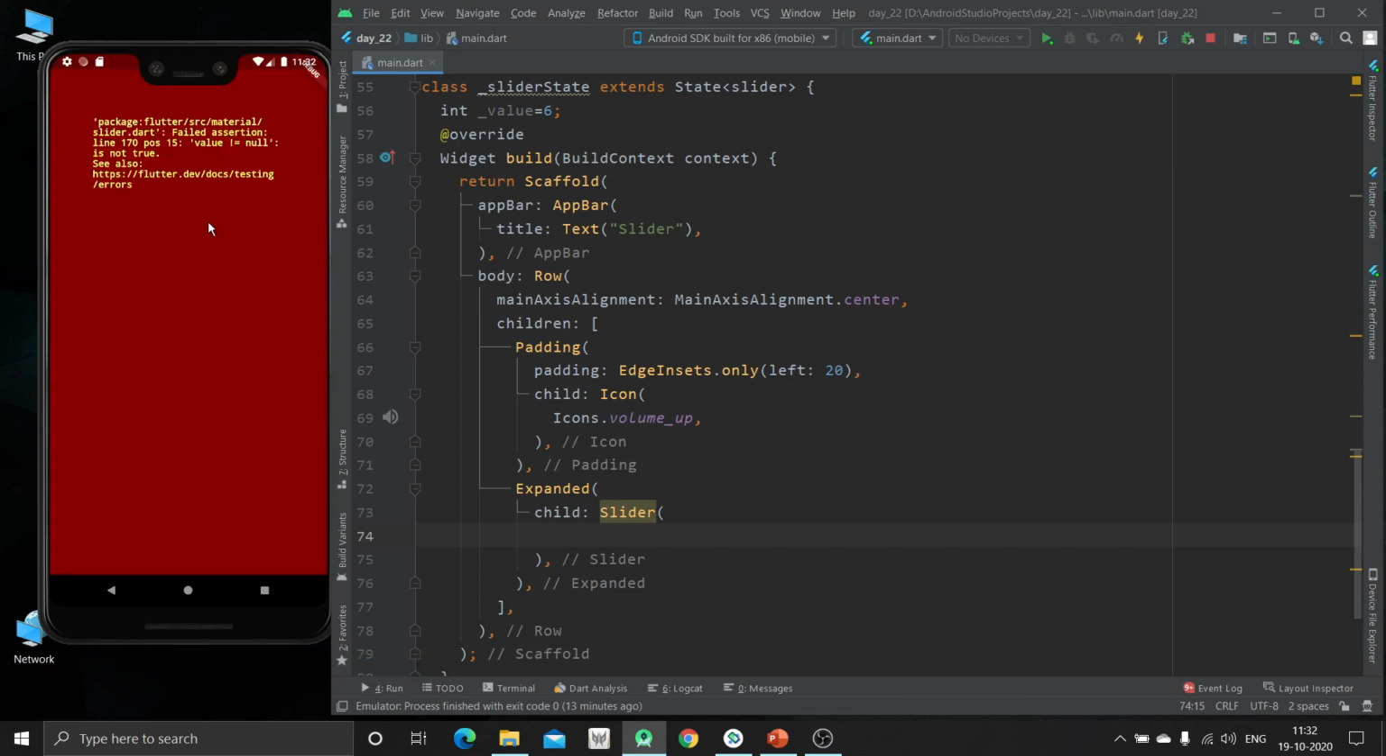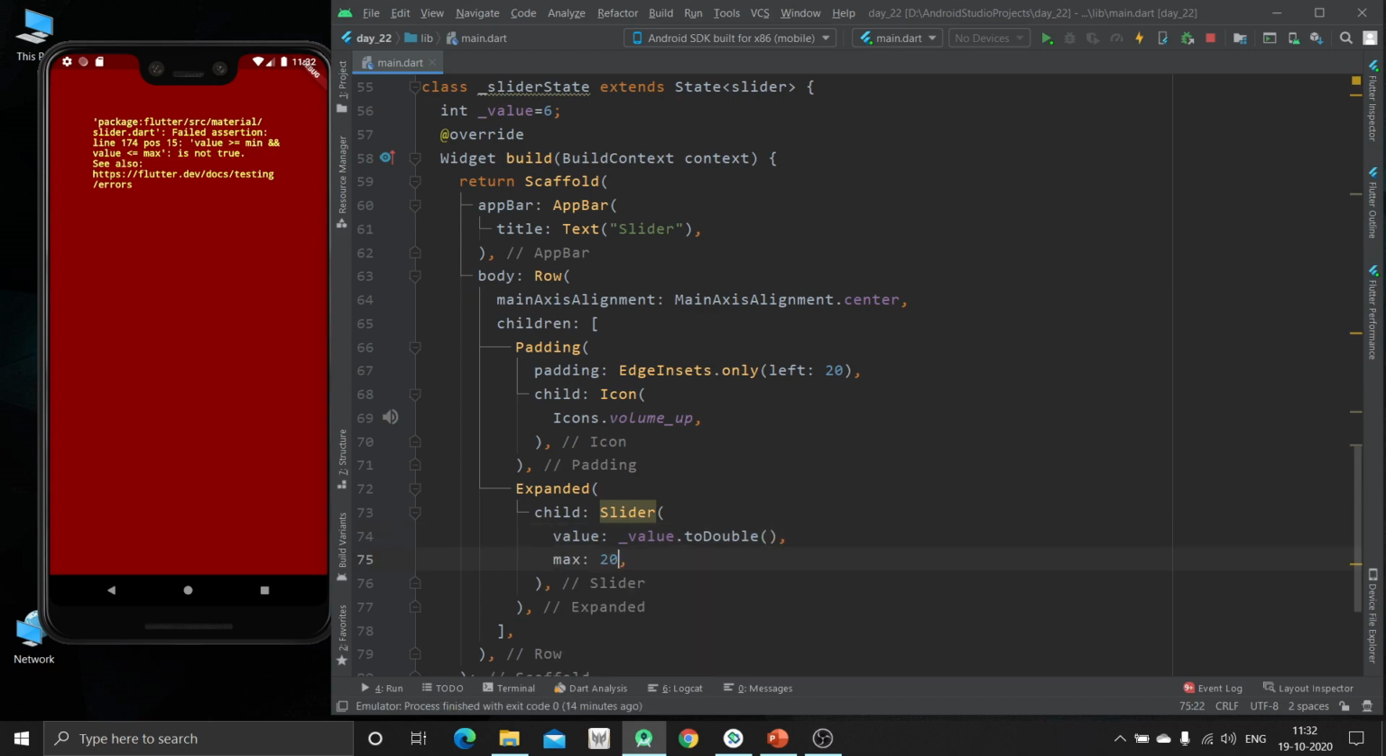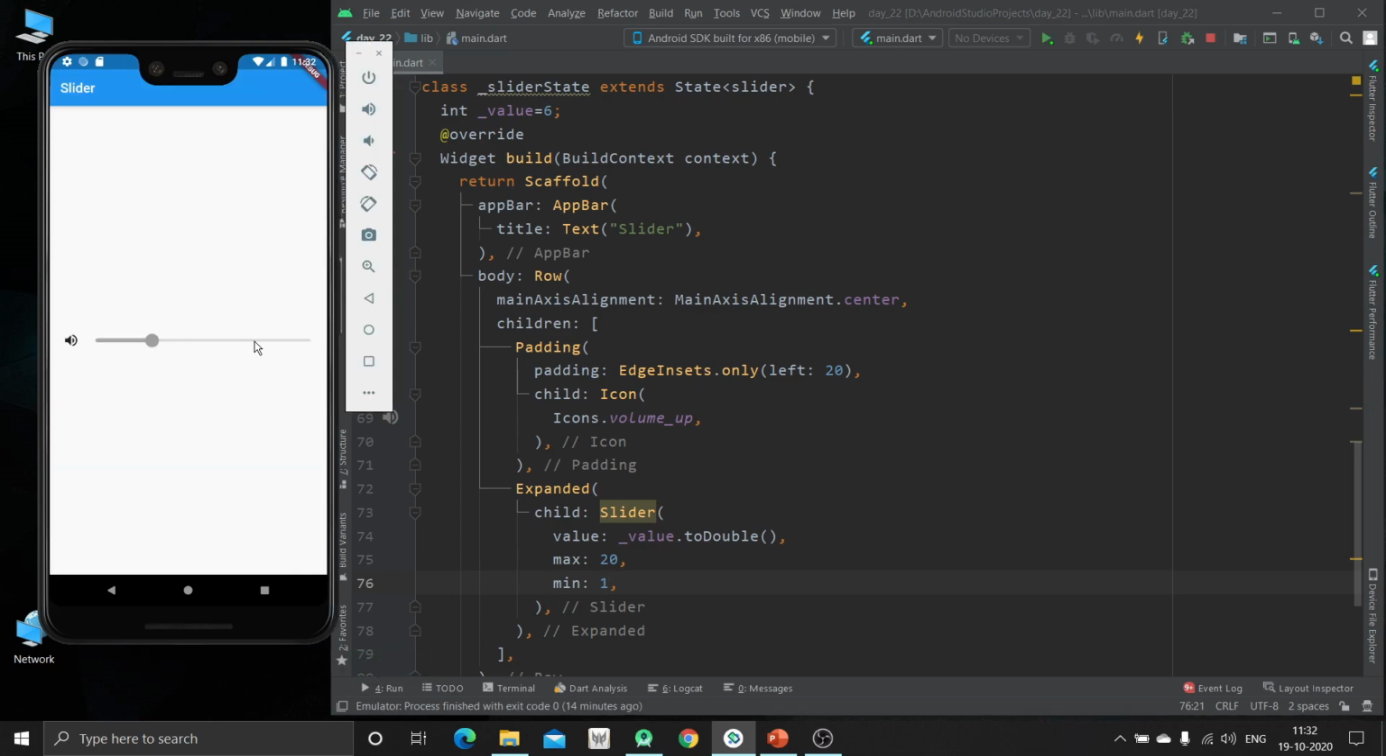Now we are having an error, that is value should not be equal to null. So the required property of this slider widget is value, and we are going to specify this value initially. Now okay, we have to also specify the minimum and maximum value. So use this property maximum and use the property minimum, and it should be 1. Now just hit Ctrl and S. Now you can see we are having one slider that is having maximum value 20, minimum 1, and the initial value is